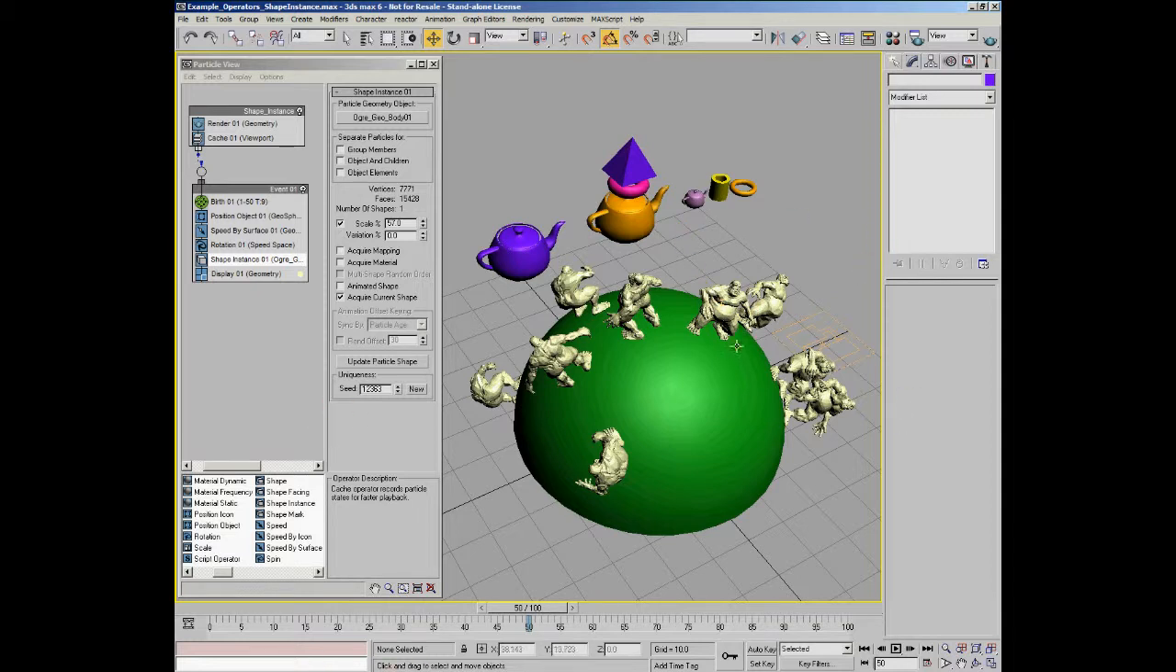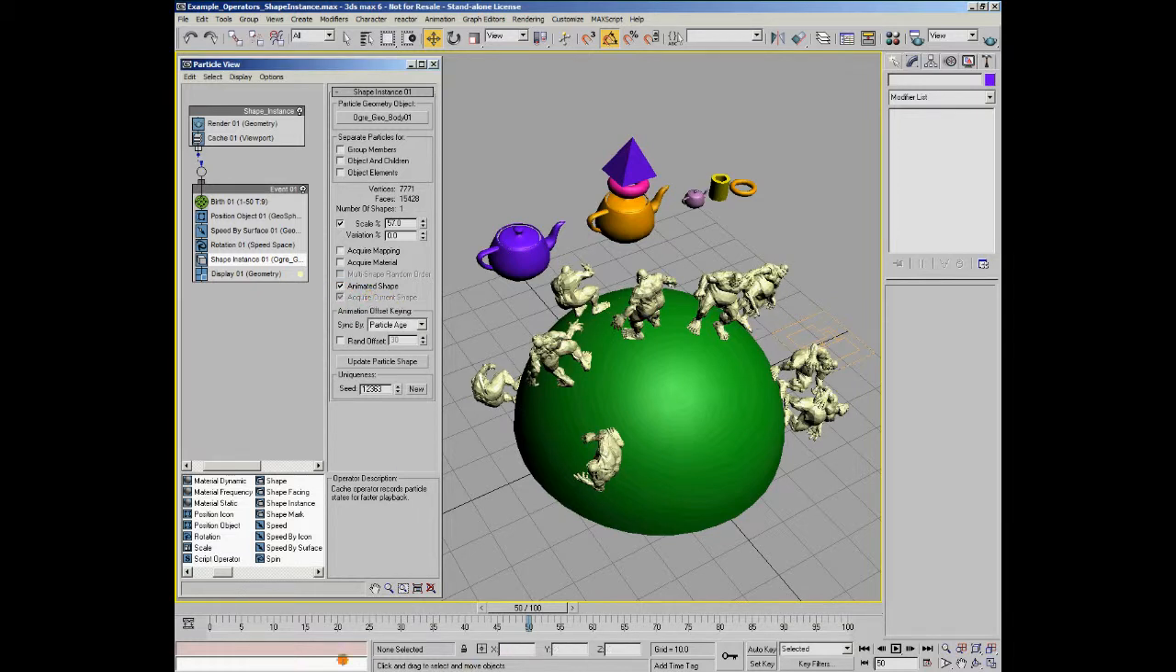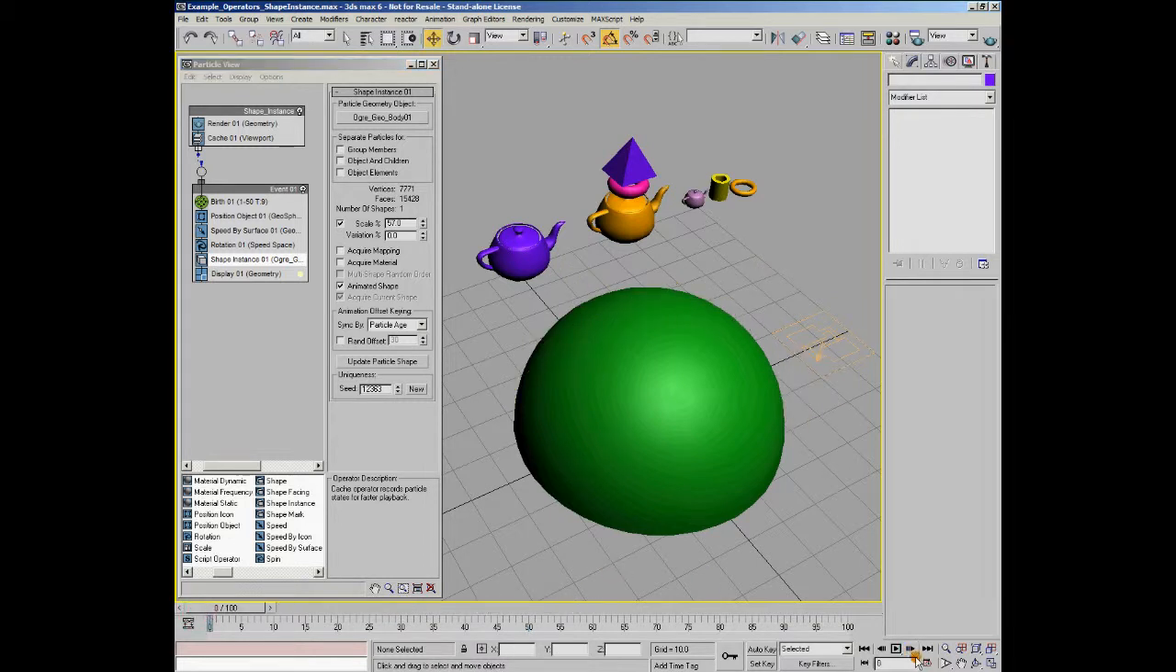So we've got our ogre, and now I'm going to turn on animated shape. This will actually turn off acquire current shape because the two are mutually exclusive. I'll turn on animated shape there, and if I go back to the first frame, I'm going to let this play through, and I'm using a cache on this particular particle flow, and that's simply to speed up the calculation and the display of what we've got going on in the simulation. So now if I press play, you can see that each one of the ogres